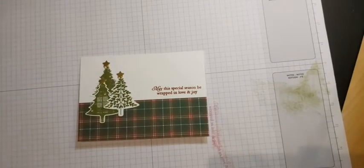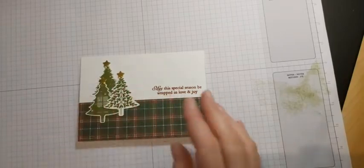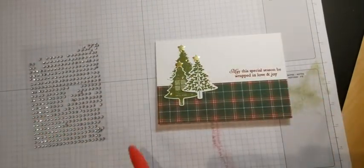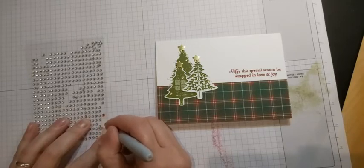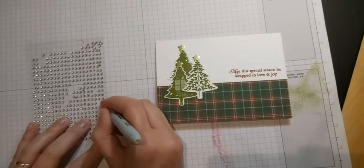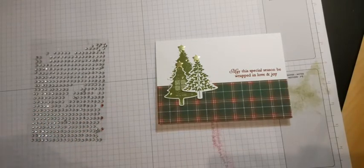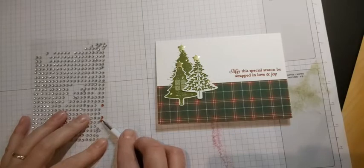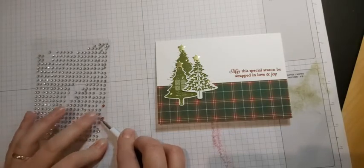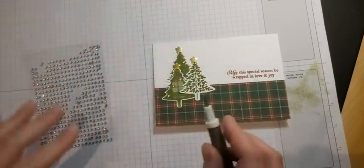But if you want to coordinate it with your sort of sentiment colour or anything like that, then what you can actually do is you can take a plain pearl or a plain sort of silver rhinestone, and you can take a Sharpie and you can actually colour them in. And if you want to really coordinate it completely, then you can actually use the Stampin' Blends, because the alcohol markers, just like Sharpies, are permanent, you're not going to lose the colour on them. So whatever colour you might need, it is a great way of being able to have exactly the colour that you want to work with your